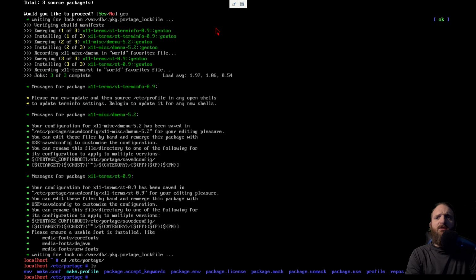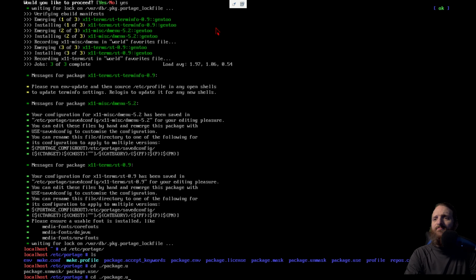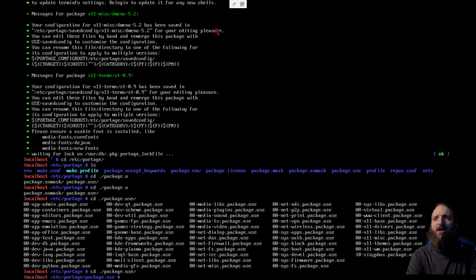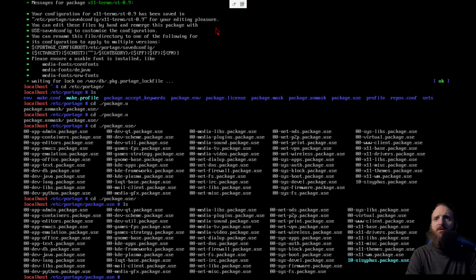So we can look here. It looks like it has almost every file that it has in Gentoo. Okay, but it looks like